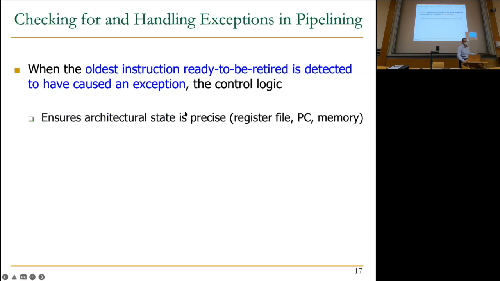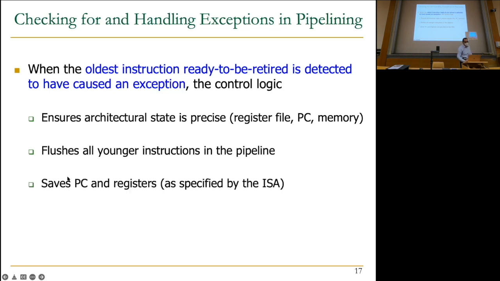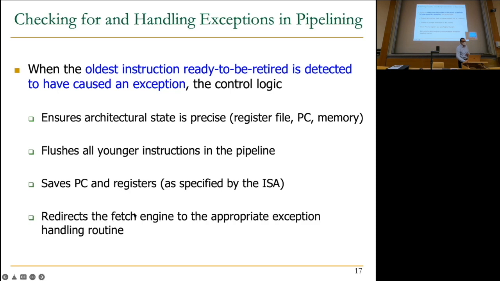So first of all, you ensure that the architectural state is precise: register file, program counter, and memory. If you write to these in order, then no problem. You flush all younger instructions in the pipeline, very similar to the flush that we saw in the pipelining. You flush everything else in the pipeline except for this instruction. And then you save the program counter of this instruction and the registers as specified by the ISA to some location in memory so that you can reload them back. This is called the context of the program or context of the thread. You save it so that you can reload it when you restart this program. And finally,